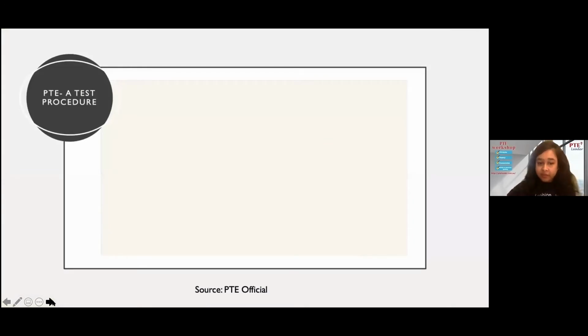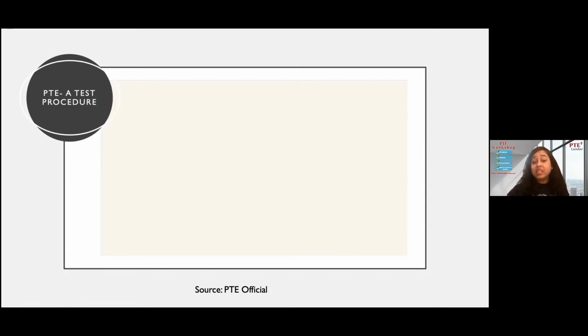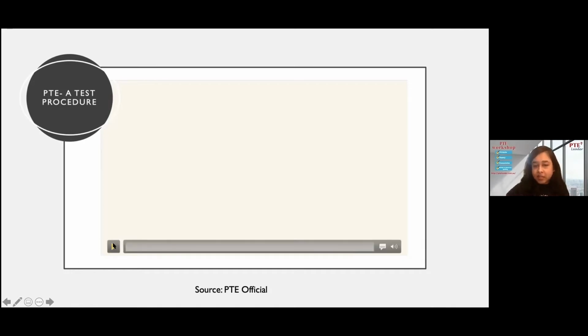Now I'm going to play a video because I said that for all test centers, all the procedures before you go into the room to start your test are going to be very similar. We are now going to watch a video. What are those conditions? What are those steps that you have to follow before you go into the room and start your test? So you will have an idea what actually happens on the day of your PTE test, and what are the things you have to follow and understand. Let's watch this video.